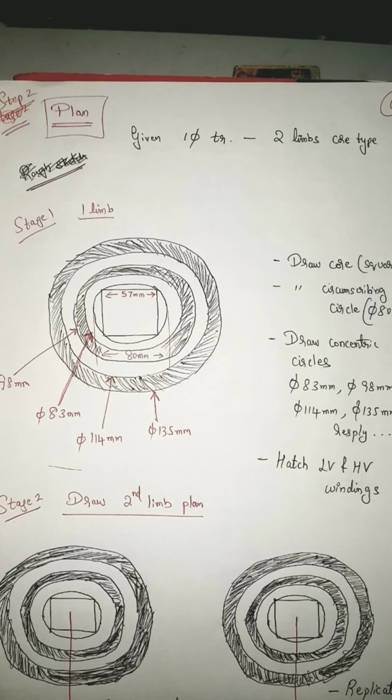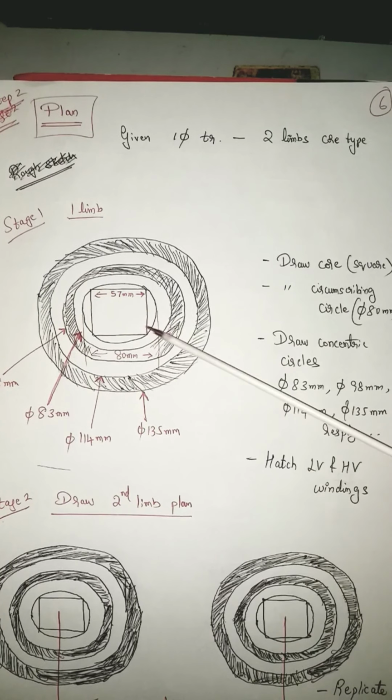Next, after the design calculation, we'll go to step 2, where we'll be drawing the plan. See, in any assembly drawing, always we'll go by calculations as the first step, and second step will be drawing the plan, followed by elevation, and at last you will be drawing the side view. So always we'll be drawing plan first. Now here in this problem they have given it as single phase transformer, so obviously it will have two limbs in the core. Now coming to the plan, already we know the dimensions of the core which has been calculated. So first step here is to draw the core.